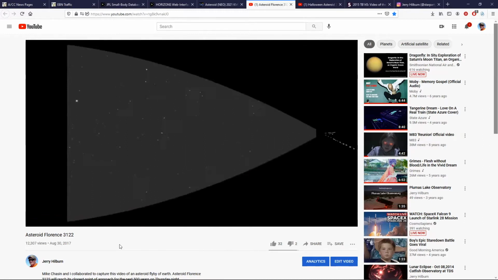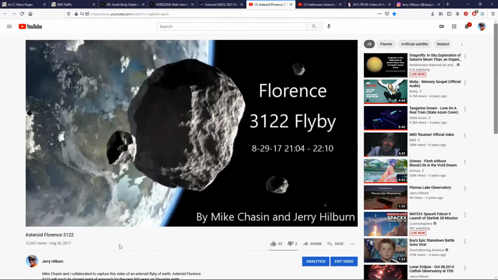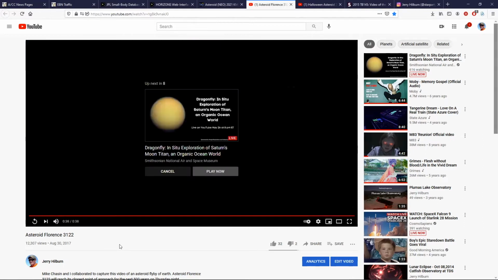So we used Mike Chasen's observatory, and he had a refractor in there. And this is a bright asteroid. And this one was close. So it's not actually considered a near Earth object, it's not one that Earth crosses. It's outside. It's more of the Mars area that it orbits. So that's kind of fun. And when you start looking at your star charts,